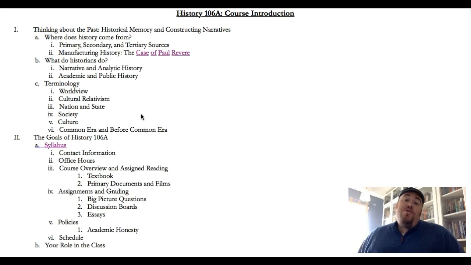Now, there are a few important terms that we need to know to start off in this class. We're covering an immense amount of ground, and we do a lot of overview, a lot of sense of the big picture of what's happening. And that's really important here. This is not about memorizing dates, not about focusing on tiny, minute details, but instead looking at case studies to be able to understand the big changes that are taking place all across the globe. To do that, we have to have some tools. We have to have a bit of a toolkit. And that toolkit is really based on the terminology I'm going to go through right now.